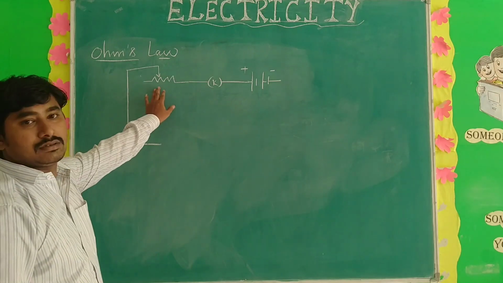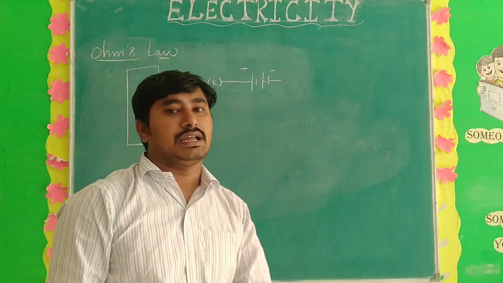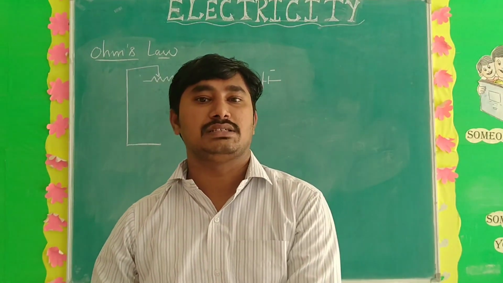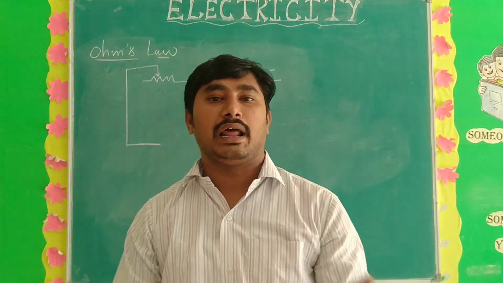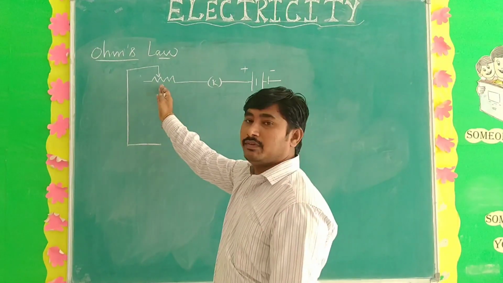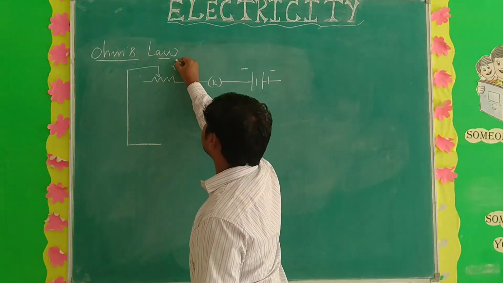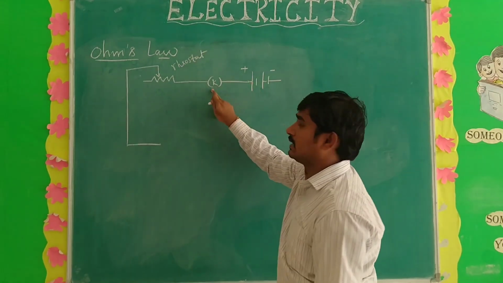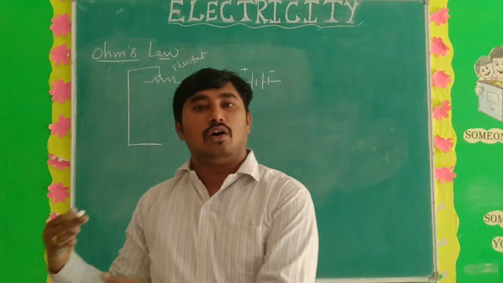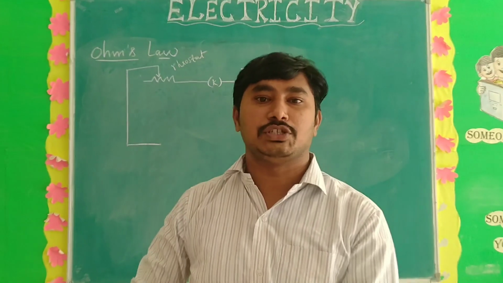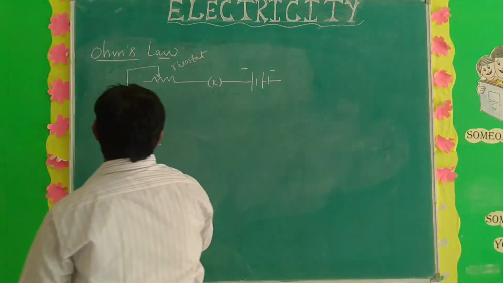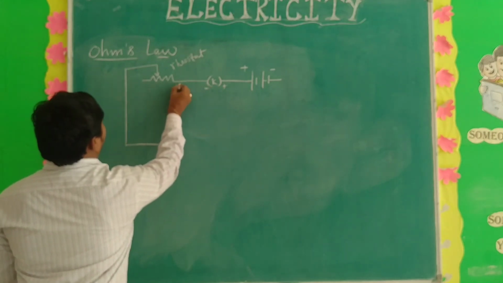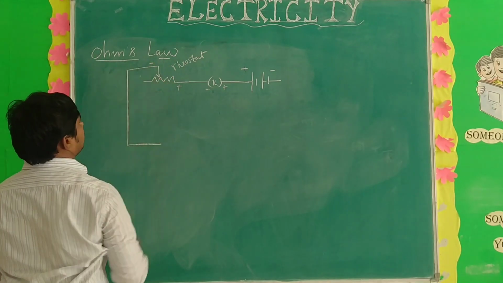this is the rheostat. What is the use of a rheostat? A rheostat is used to change the resistance. You can vary the resistance. Whether you want low resistance or high resistance, you can change it with the rheostat. This one is the battery, this one is the key. What is the use of the key? You can switch the circuit on or off, like a switch. Next, this one is positive, this one negative.